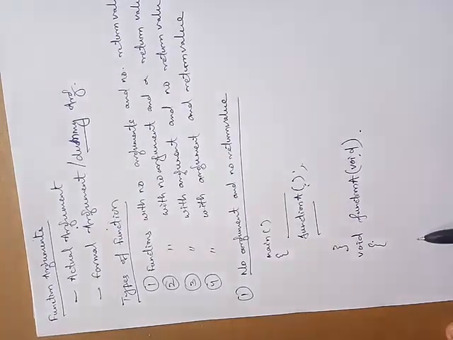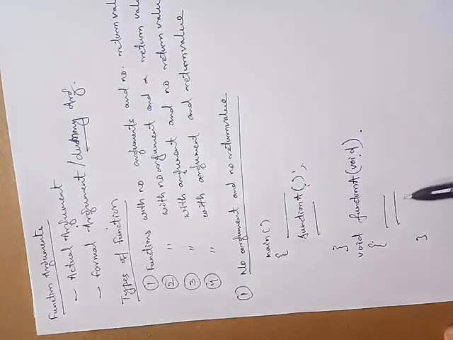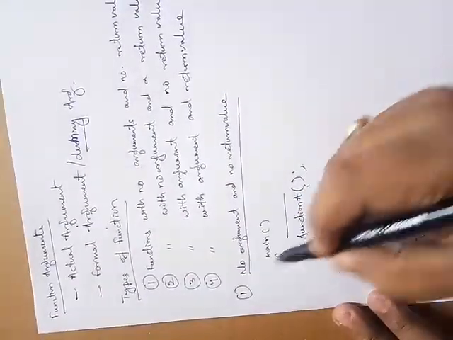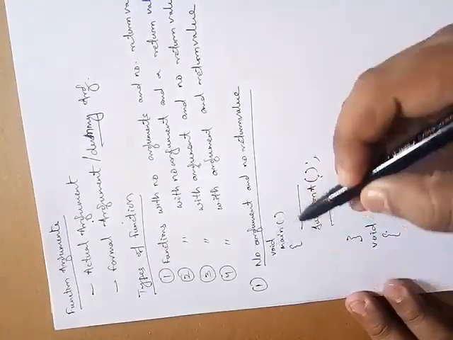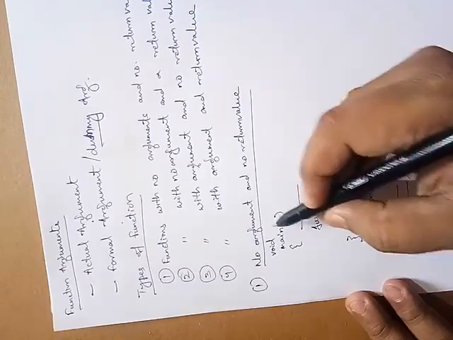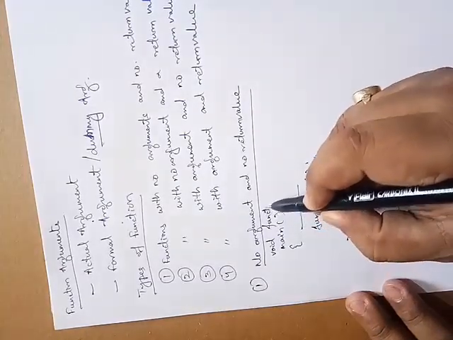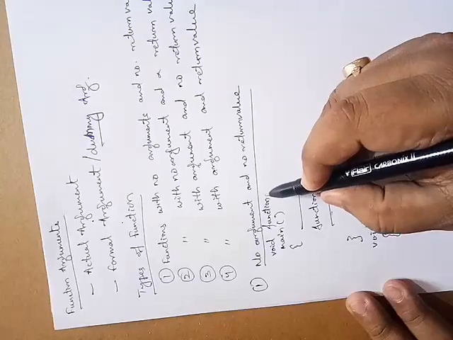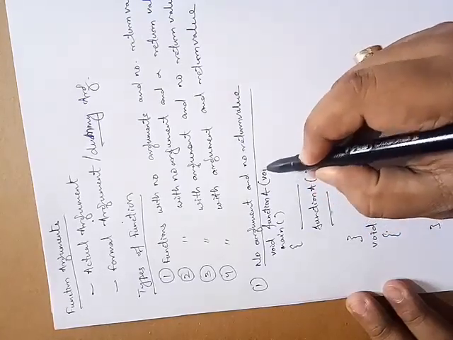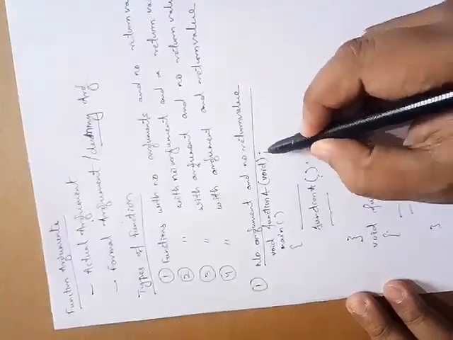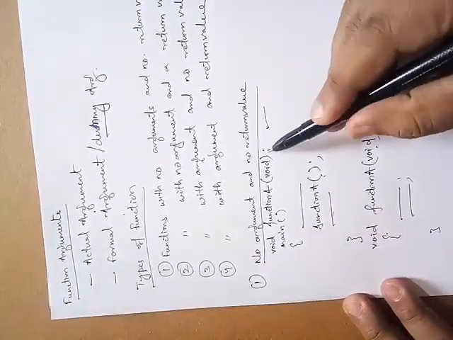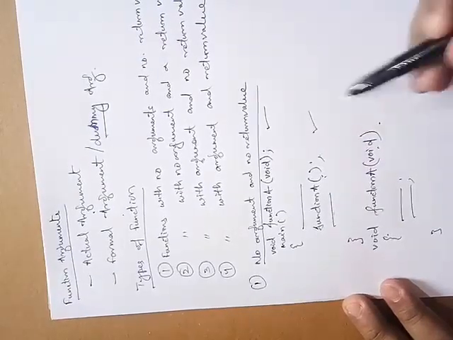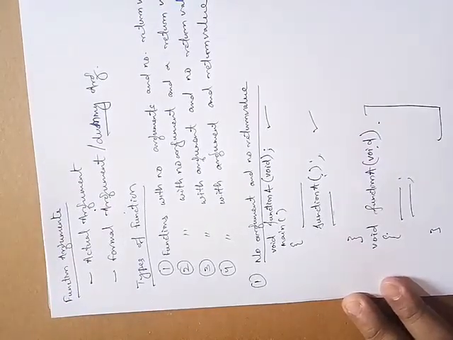You can have different tasks or statements. Before that you have to declare the function. So here there is no return type and the function name is function A, and there is no argument, so that will be void and there will be a semicolon. So this is the function declaration statement, this is the function call, and this is the definition part.